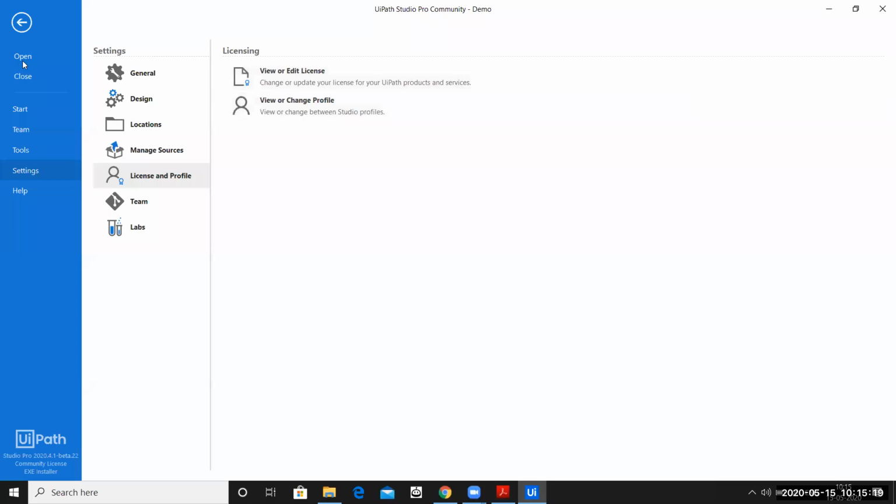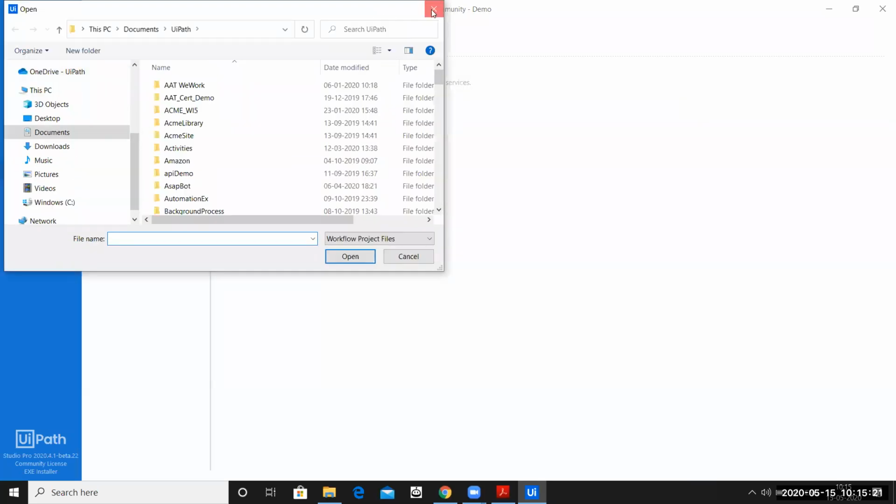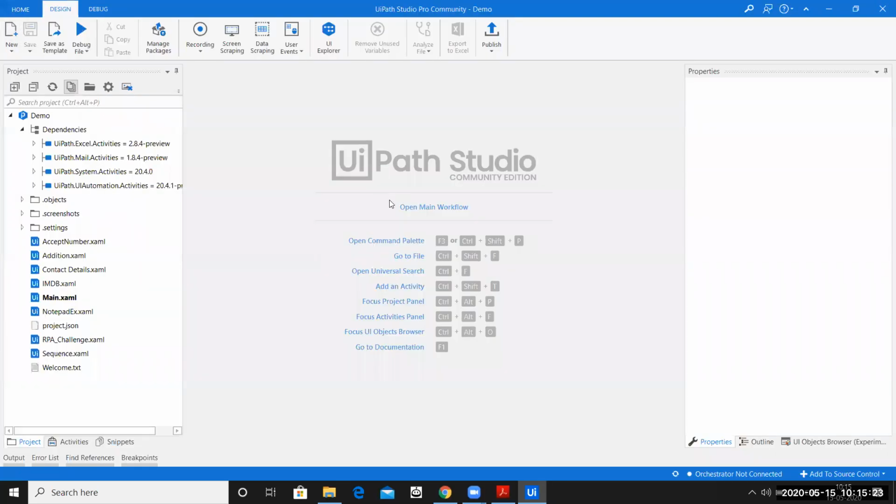So Studio X is very simple. Let's say, for example, your mother or father can also start with Studio X, because some limited functionalities have been taken out of this, and we have developed a very new UiPath platform called UiPath Studio X, wherein everybody in the world could participate and build their own basic automation.